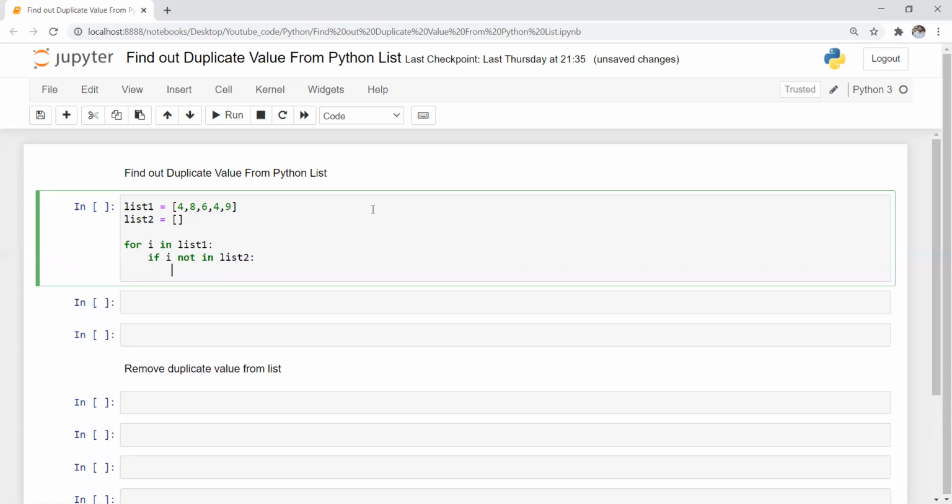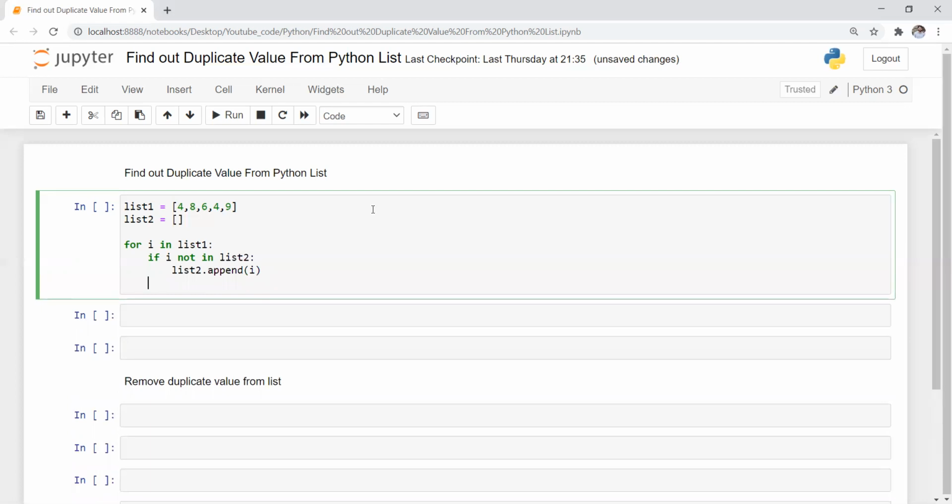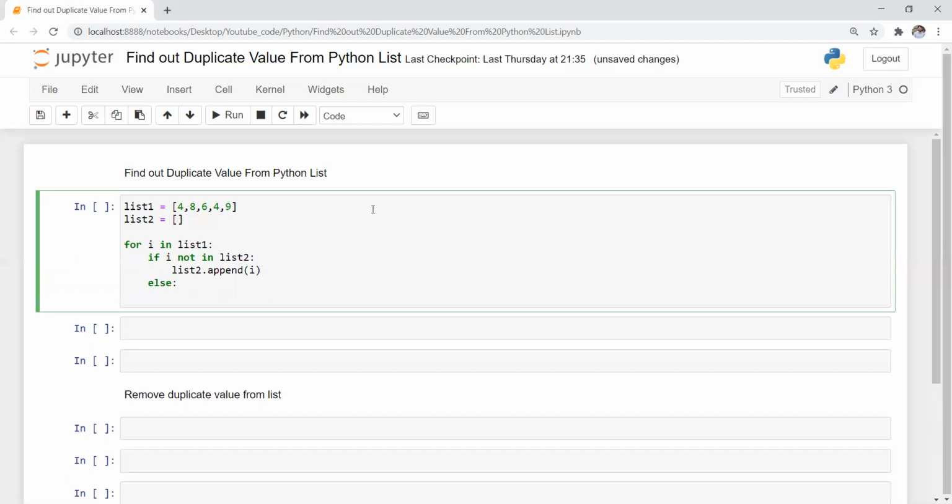So if i not in list2, and this condition is satisfied, we will do list2.append(i), which inserts that element into list2. If this condition is not satisfied, then else: print(i).